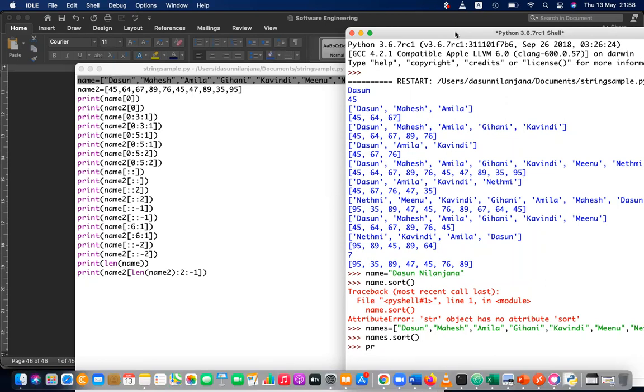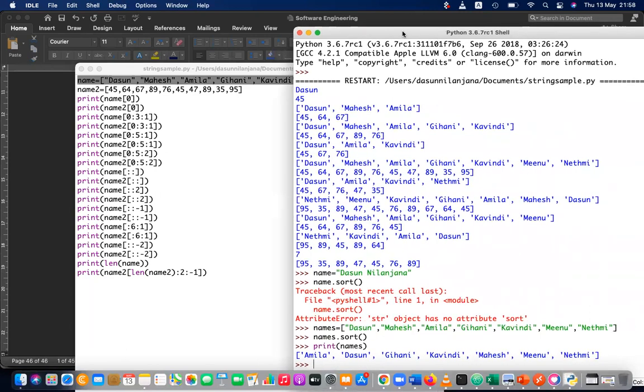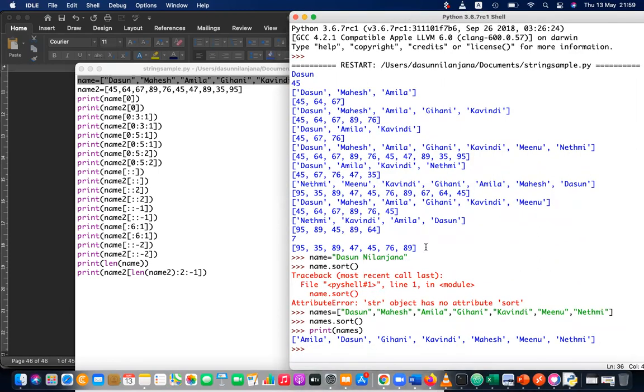Now if I print the names, you can see it's sorted in ascending order by first letter. You can't sort a string, but you can sort a list. That is one difference: lists can be sorted, but strings cannot be.